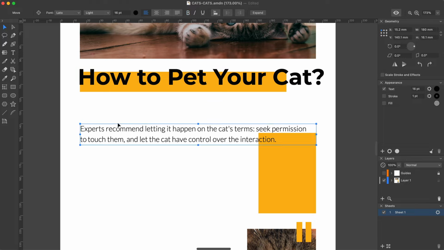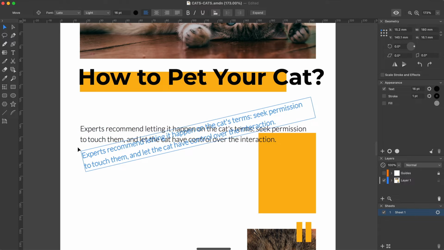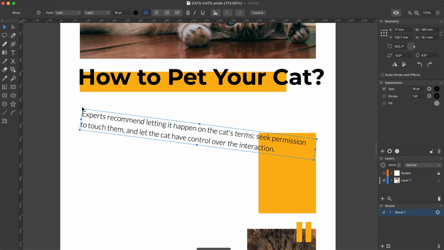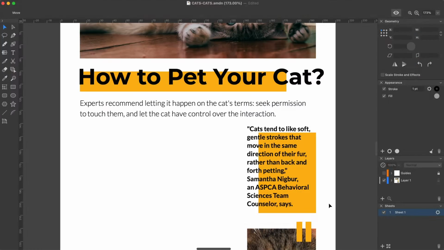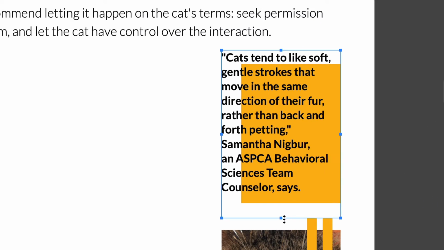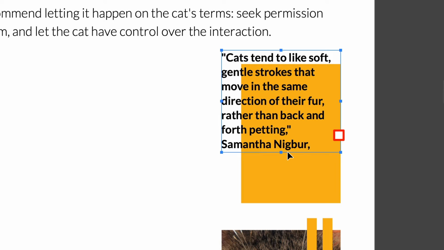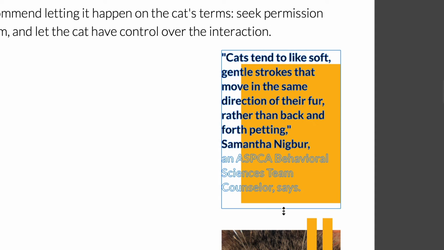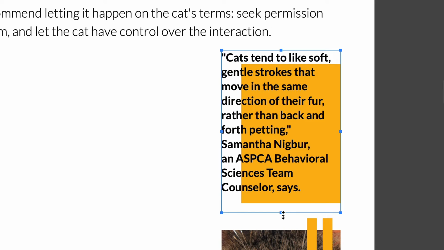We can rotate or resize the text box, as with any other object, using the corresponding controls on the bounding box. If the text box is not large enough to fit the entire text, a red square appears on its frame, indicating that a portion of the text is not visible. To fix this, we can expand the frame or reduce the font or spacing.